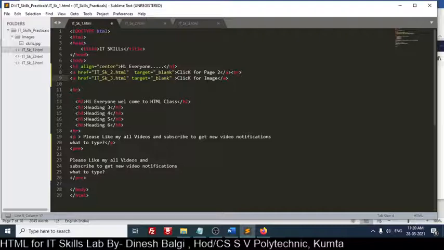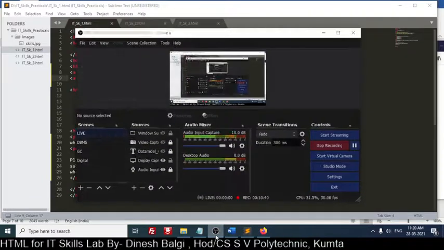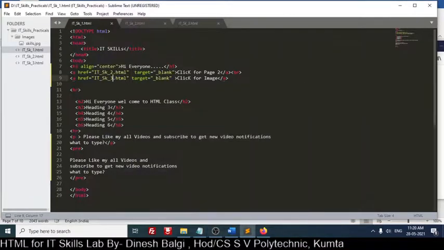What you are using in Word and all, you may be confused how I am doing that. Simply you can type this, or you can use copy and paste. So I will just save it, Control S. I prefer to use the shortcut keys: Control C for copy, Control V for paste, and Control S for save.